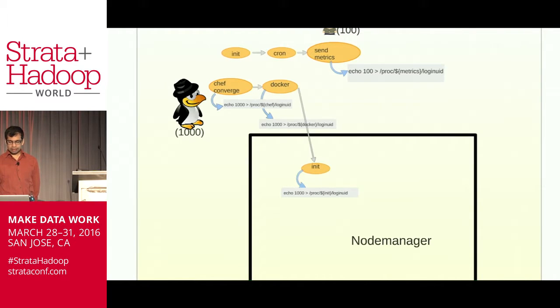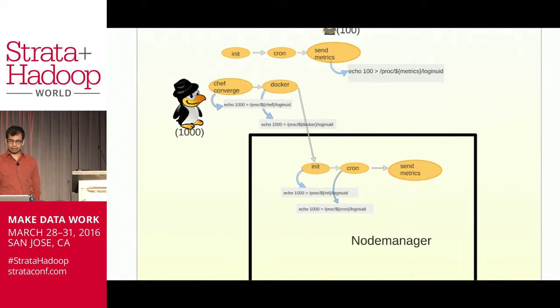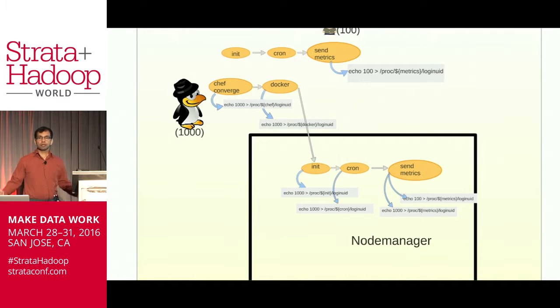Now, whatever init starts will have the UID 1000. It's because it is getting propagated down. Now, when the cron service actually launches the metrics job, we have two processes trying to write the login UID to the login UID file. And so the propagation process says this was started by UID 1000. And then the send metrics,